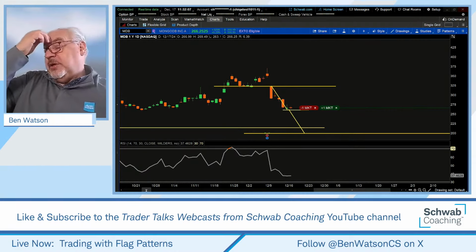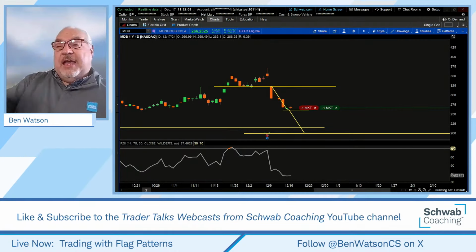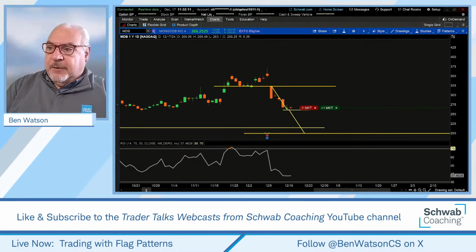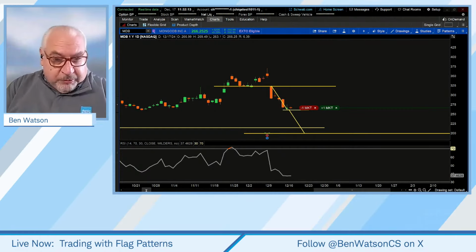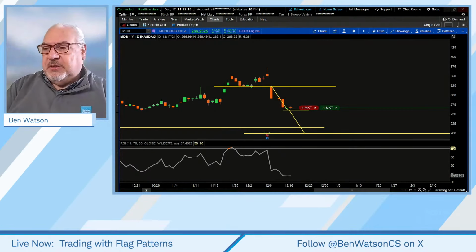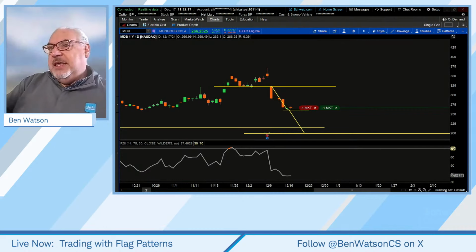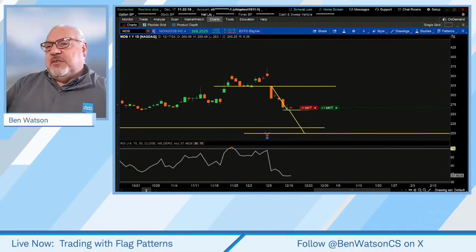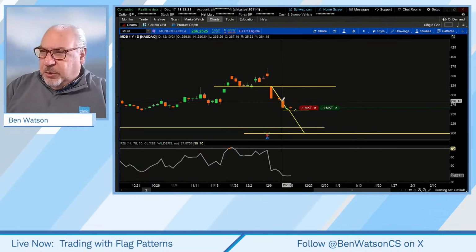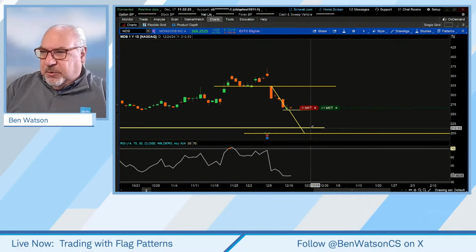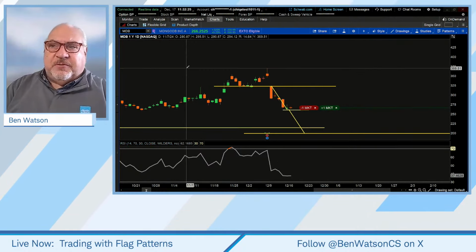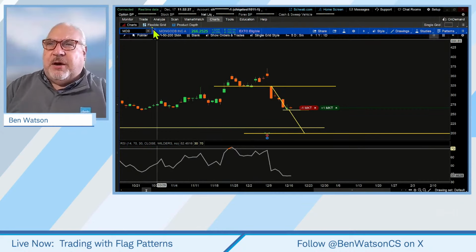Now, the other thing that we could do is trade this as a long put vertical, right? The expectation being that this put vertical becomes in the money because of the movement of the price of the stock. So once again, we know where our entry is. It's going to be 260. We know where our exit is going to be. It's right around the 215. So we're going to structure the trade that way.